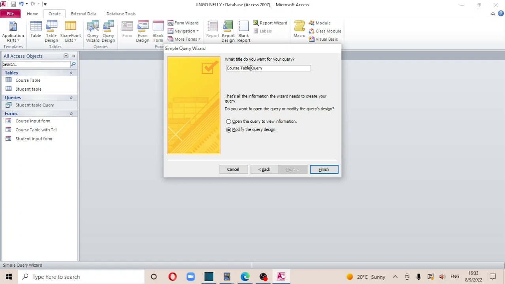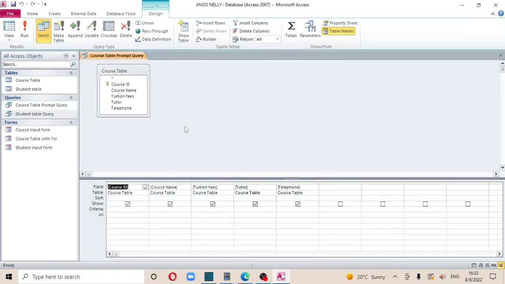Course table prompt query. Let me call it prompt query prompt. So I've called it prompt. Then I go to finish. Remember, I've gone to modify. So once this displays,